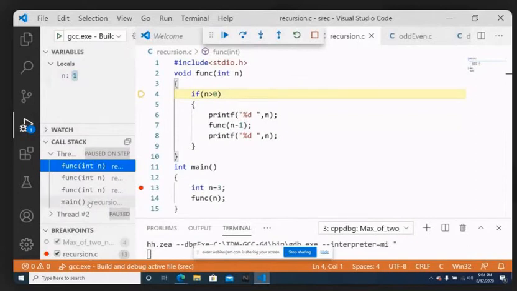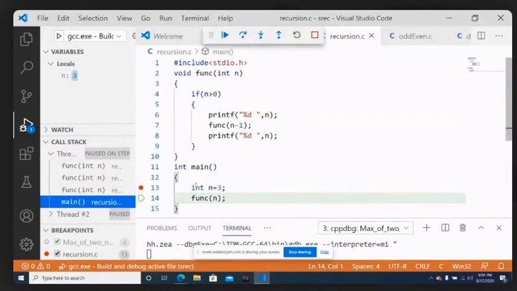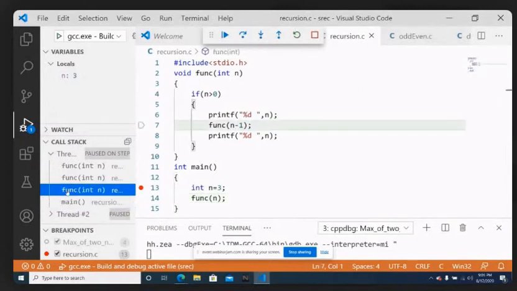I can trace it again. In the main function, we executed line 13. On the 14th line you called func, so the execution is stopping at the 14th line for main. Then you entered into func with parameter 3, n equal to 3. You executed the 4th, 5th, and 6th lines, and on the 7th line you made a recursive call, and we are stopping the execution of this activation record at line number 7. Once this func is finished, you will come back to the 8th line and print the remaining one more n value.